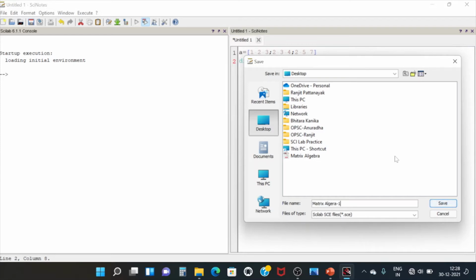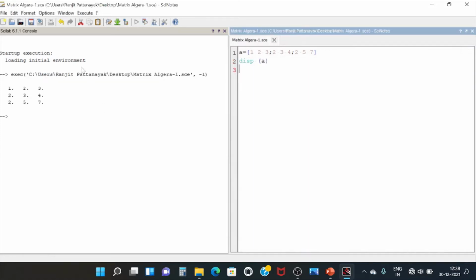You just save it, and at the same time it is saved and executed, and it shows the matrix we defined in the editor. So 1 2 3 is the first row, 2 3 4 is the second row, 2 5 7 is the third row. It has displayed the matrix we defined with the name A.